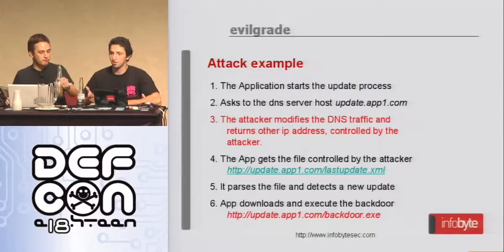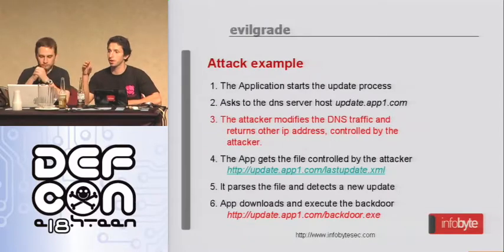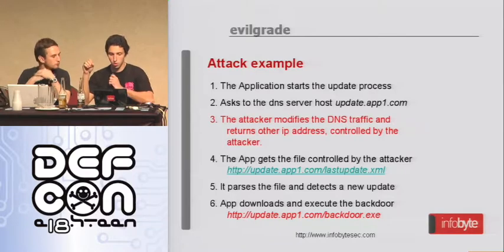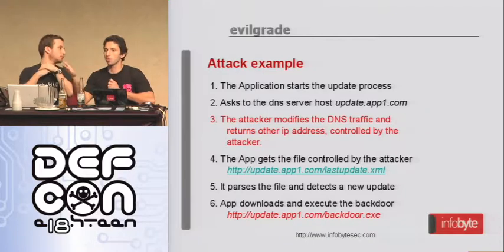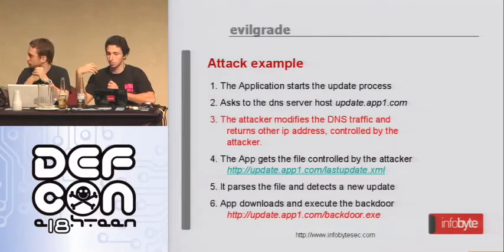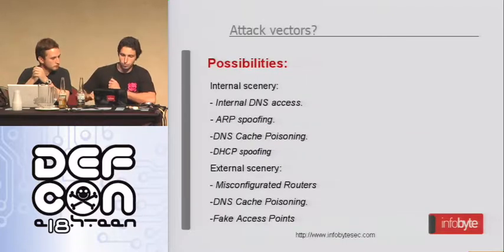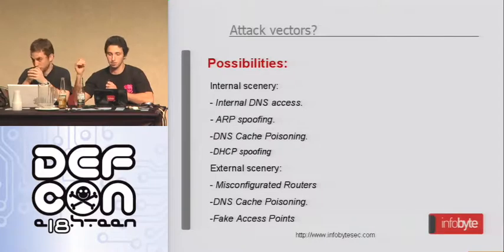The attack is quite simple. You have to manipulate the DNS request in the victim. The idea is to change the update process so it sends the request to our server and delivers an attack vector, depending on the implementation of the module and the application you are trying to attack. In internal scenarios, you can do ARP spoofing or DNS cache poisoning. You can create a fake